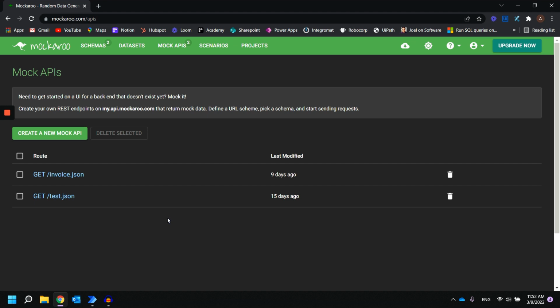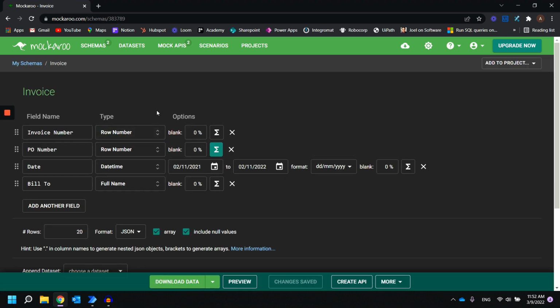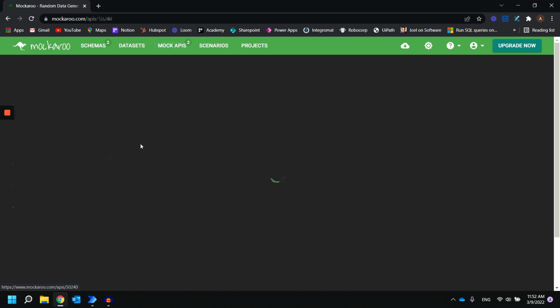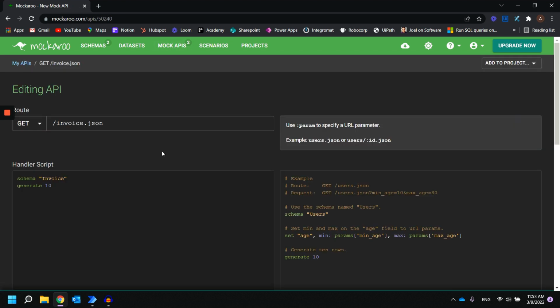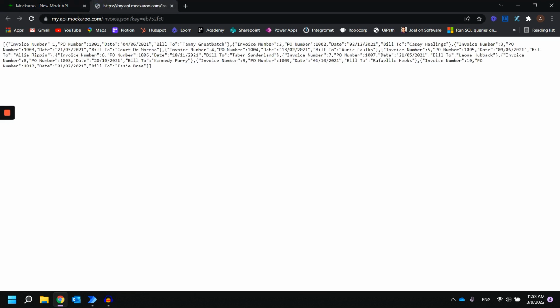So this is actually a very useful website for testing and development purposes. And what you can do is create a schema, so a created schema called Invoice, and define some fields like invoice number, PO number, date, and bill to. And then using API, you can actually get this data and generate some random rows. So in this case, we are generating 10 random rows, and using this link, you can see the JSON data. So in here, we have PO number from 1001 to 1010,